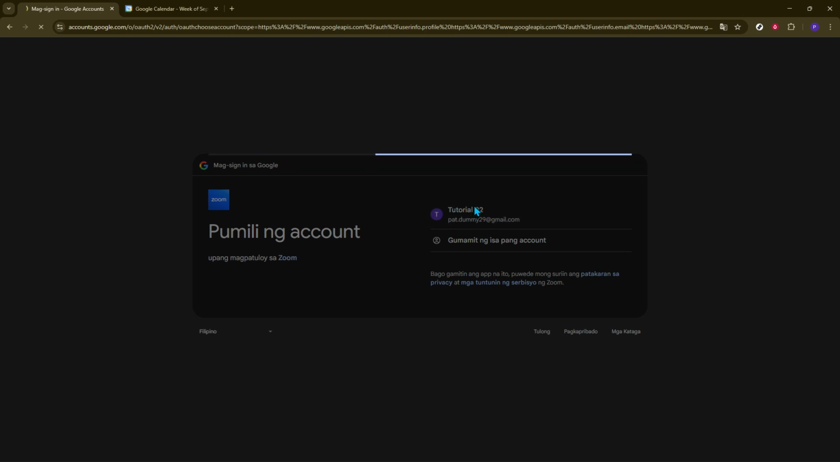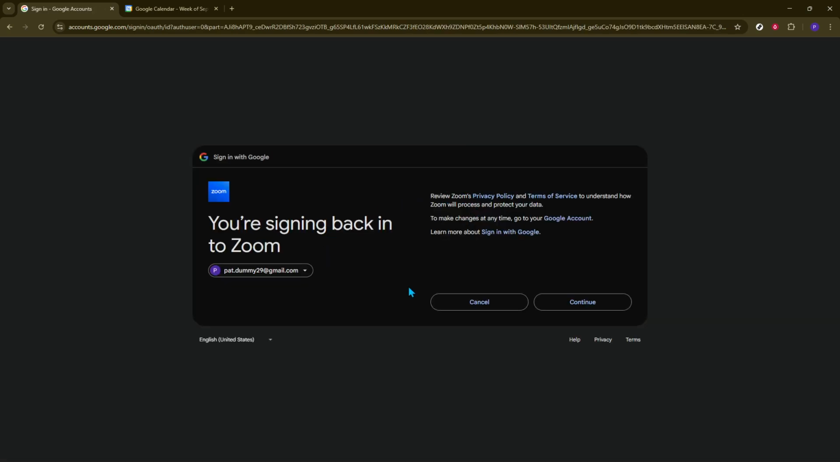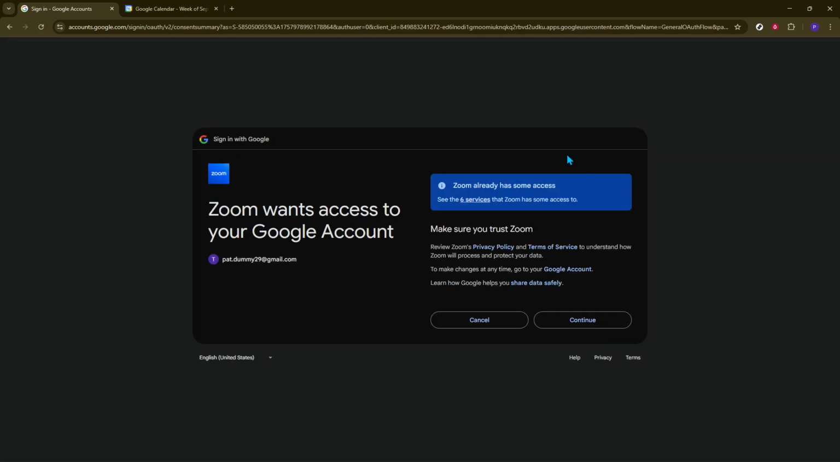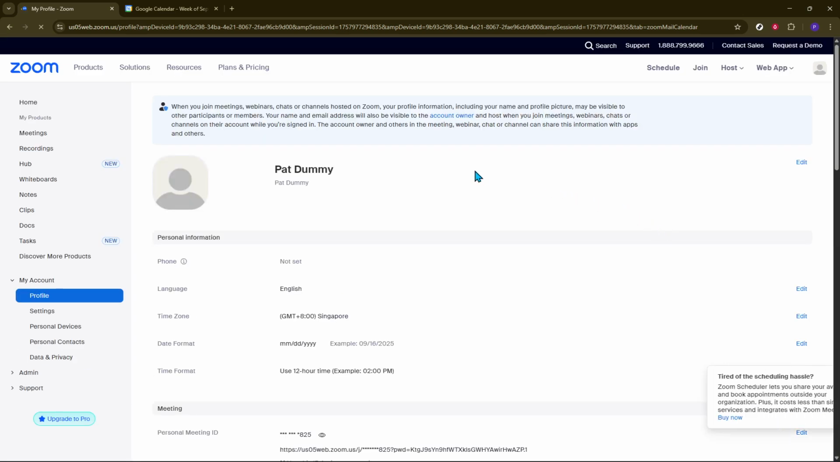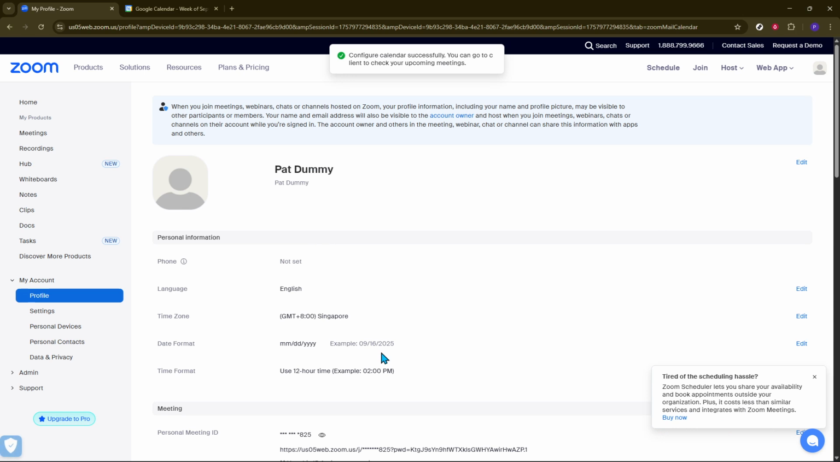You'll be asked to enter your Google account credentials, so go ahead and log in using your Google account. Once you've signed in, a prompt will request you to grant permissions. Click the Continue button to allow Zoom to access your Google Calendar. With those steps completed, you've successfully linked Zoom with your Google Calendar, but let's double check everything to ensure it